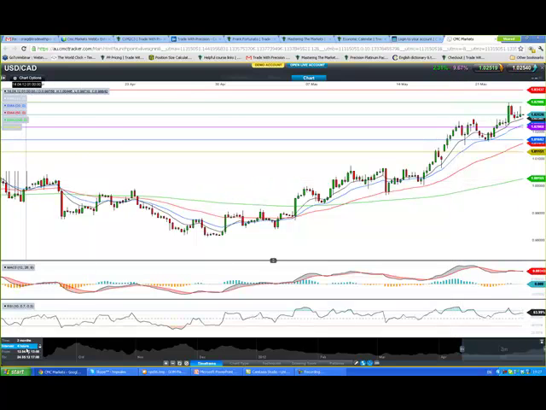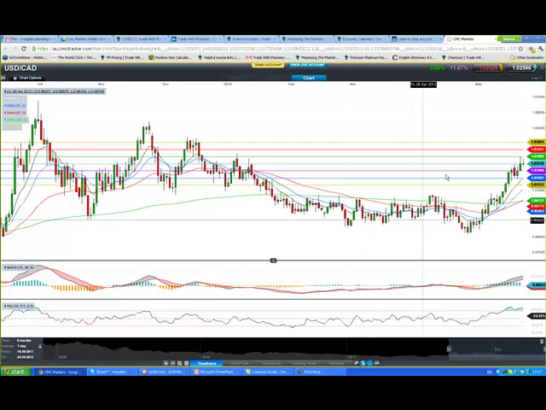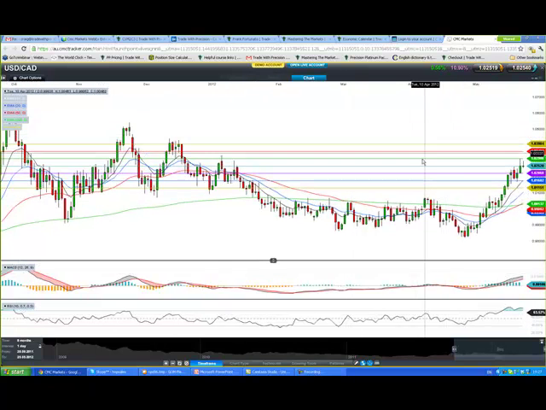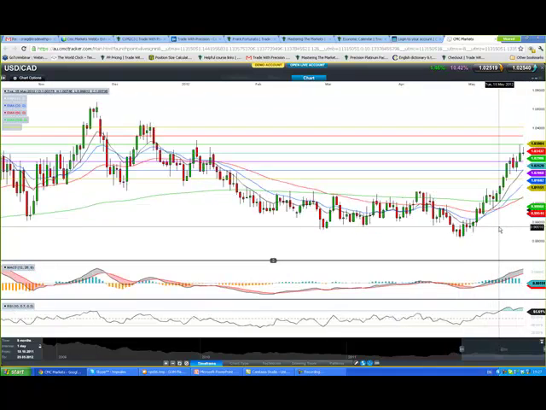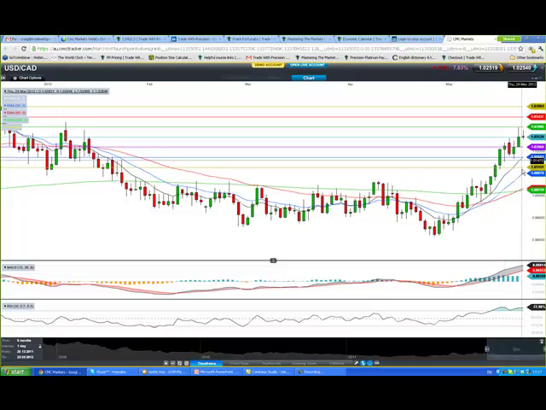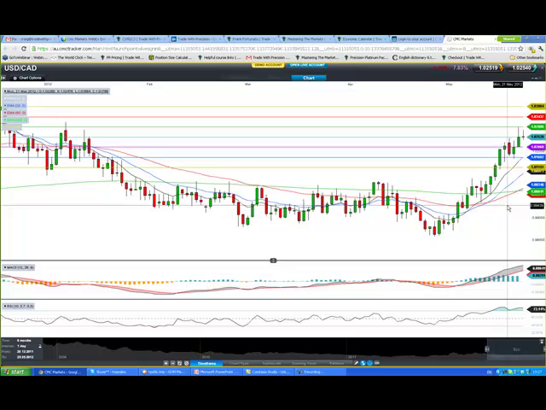Now, if I'm not really interested in a trade right here on the 4 hour, but if I just want to point something out for you guys this week, over the next few days especially, what I would be considering a trade on dollar CAD would be if I did get it pulled back into this zone in here, that buy zone that I was saying, in and around this 10 and 20 period moving average. If I saw it pull back in there and give me a nice green candle, then I'd be looking to trade the break of that candle with a stop at the low of it.